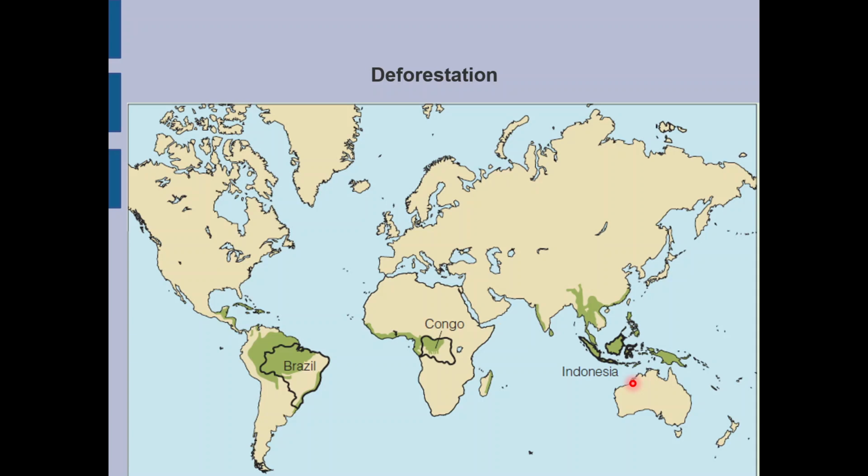Most of the deforestation occurs in the tropical world, where most of the trees are located, mostly in Brazil, Congo, and Indonesia. I think some of you are from Indonesia, so actually if you are from these parts of the world, then pay attention to the